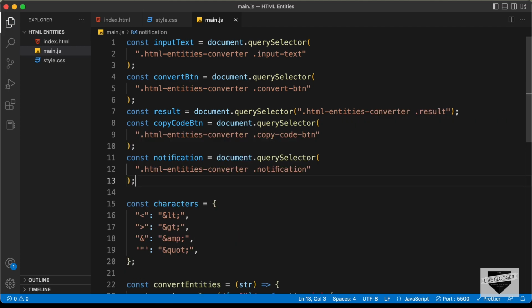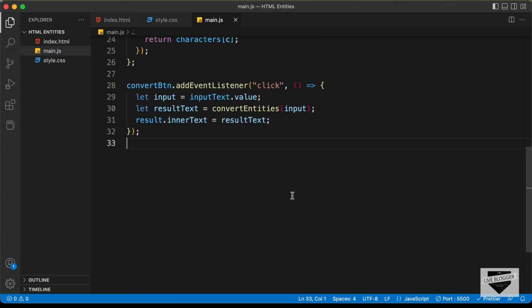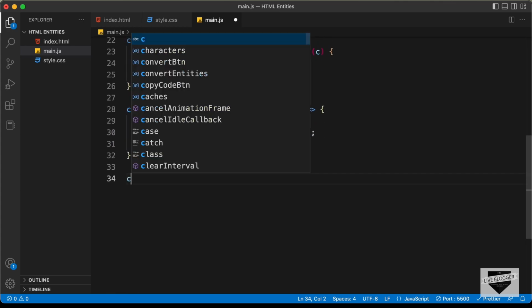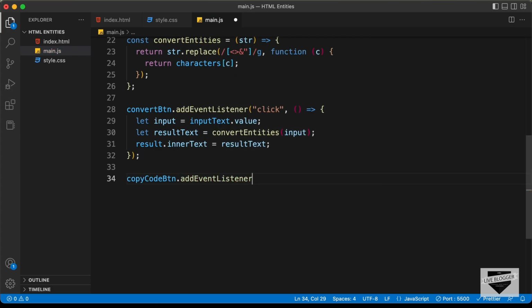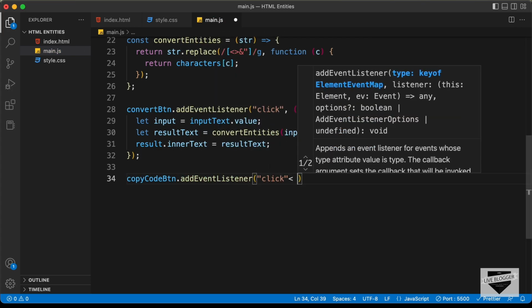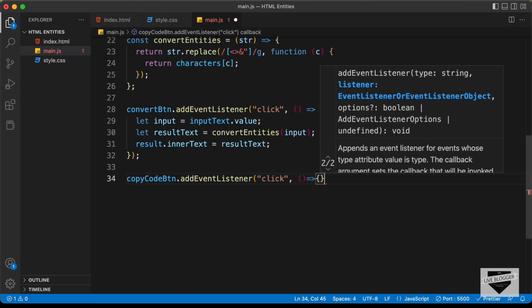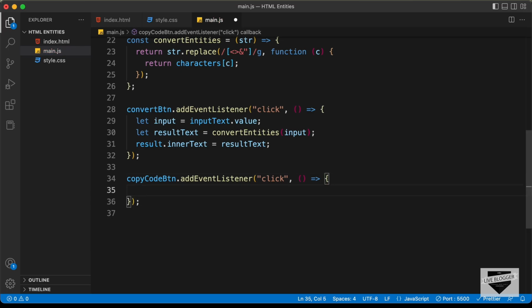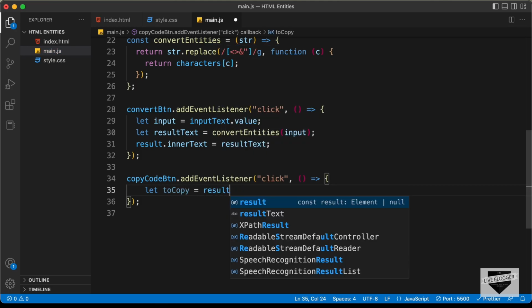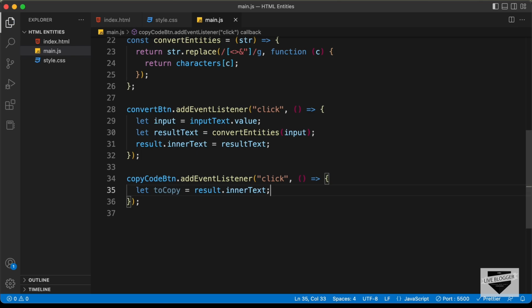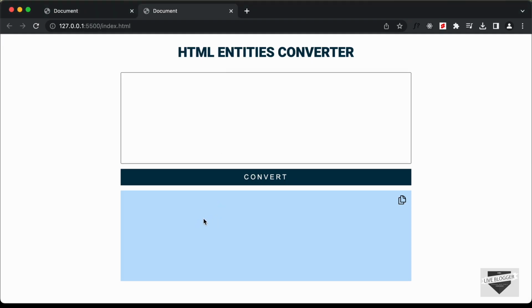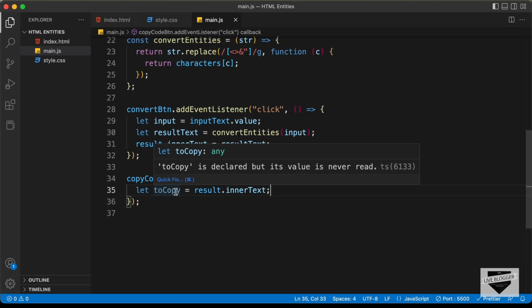Right now let's scroll down, and let's add an event listener for the copy code btn. So let's type copyCodeBtn dot addEventListener, and we need to listen for the click event, and let's create an arrow function over here. Now the first thing we will do is we will store the data that we need to copy inside a variable. So let's create a variable called toCopy, and I'll just set it equal to result dot innerText. So this will store the value of this division right here inside this variable toCopy,